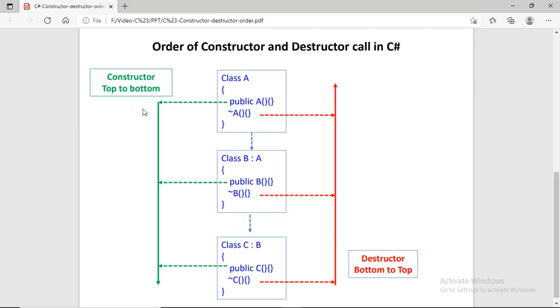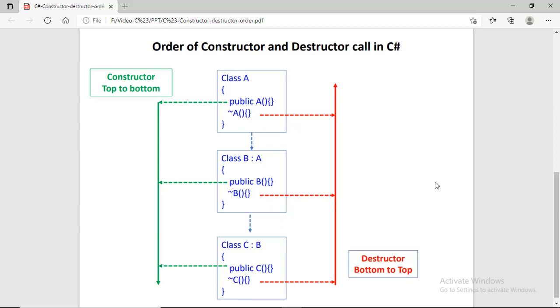On the left side, in green color, first of all the constructor of class A, the most super class, is called. After that, the constructor of B is called. After that, the constructor of class C is called. This is the sequence. In the case of the destructor, it is from bottom to top: first the destructor of C, then B, then A.